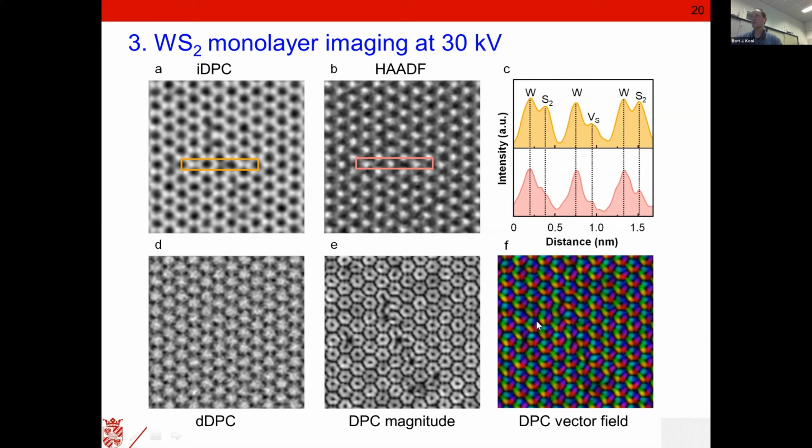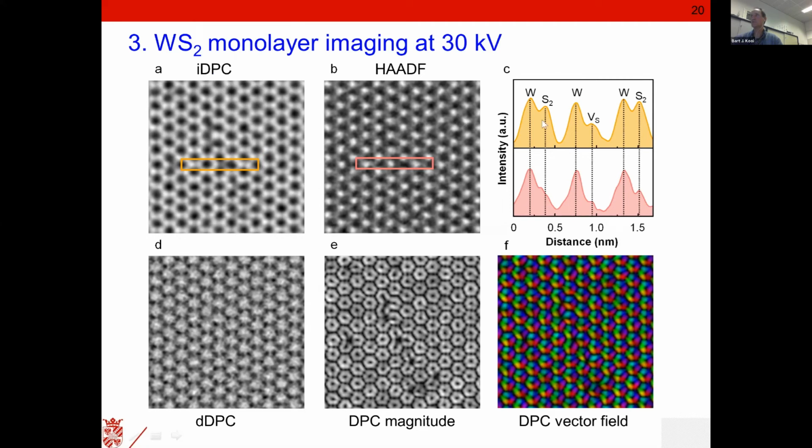And that is nice because you can see, and this is important, here for instance a sulfur vacancy. If you look in the high angle annular dark field, you can see some effect, probably the shoulder here is a little bit lower, but your sensitivity towards the light element, sulfur, is really not good in annular dark field. Again, you need a technique which is more sensitive to the light elements, and integrated differential phase contrast